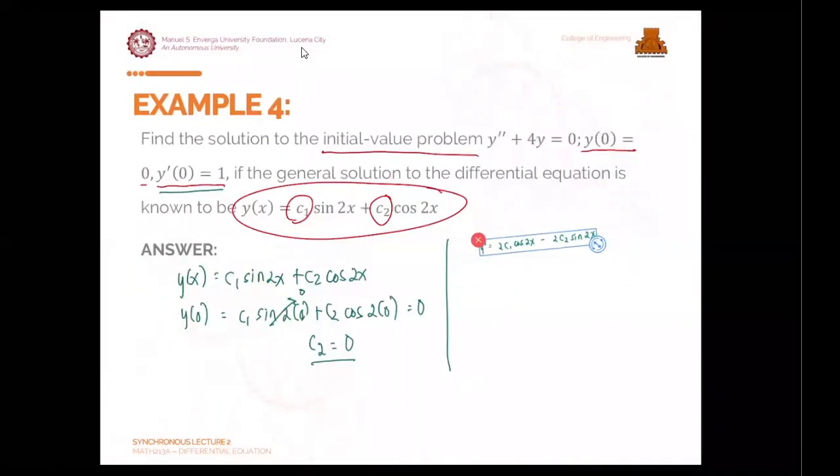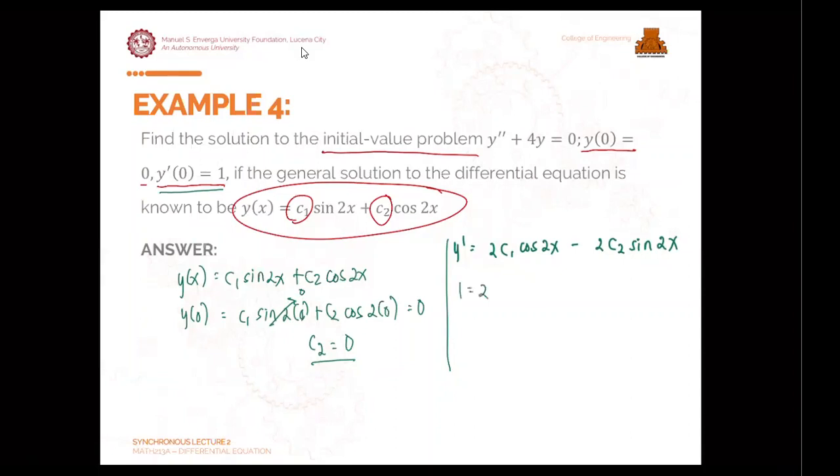So, ito yung sinolve pa natin na y prime sa kanya. So, solve lang natin to. So, yung y prime daw equals to 0. Pag yung x is equals to 0, ang y prime is equals to 1. So, 1